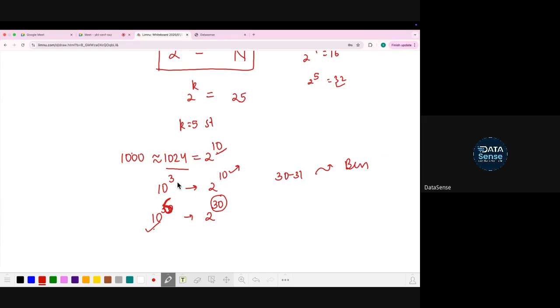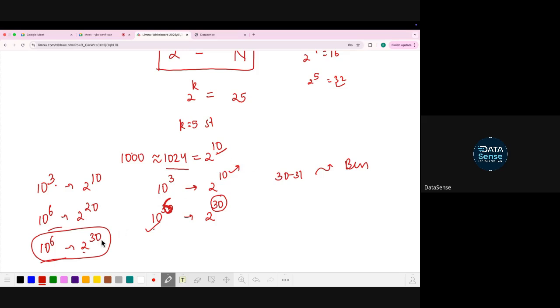Anyways, 10 raised to the power 3 was 2 raised to the power 10, right? So it will become 20, not 30. I'm sorry. And for a billion rows, it is going to take 30 steps.